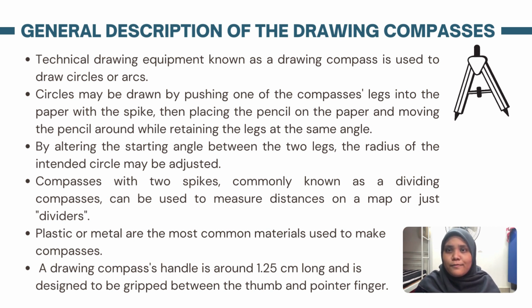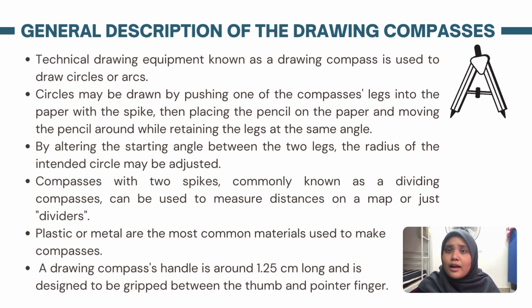Some people who find this task challenging will stop moving the compasses and instead spin the paper around. By altering the starting angle between the two legs, the radius of the intended circle may be adjusted. Plastic or metal are the most common materials used to make compasses. A drawing compass handle is around 1.25 cm long and is designed to be gripped between the thumb and pointer